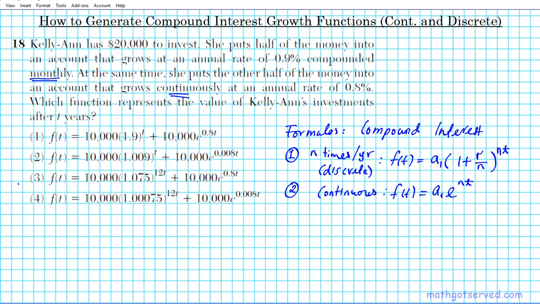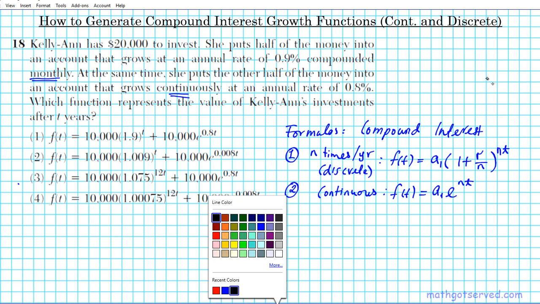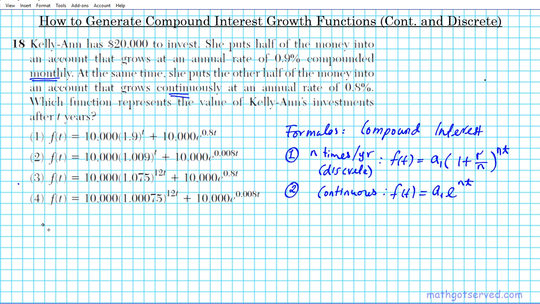In Kelly Ann's scenario, we are looking at a combination. She's using the best of both worlds. She's using the discrete and the continuous. All right, so her function f of t is going to be a combination of both. It's going to be A1 times 1 plus r over n raised to the nt. This is the one that is compounded monthly at 0.9%, plus the other one is going to be A1 e to the nt. Okay? Now for both of them, what we're going to do is we're going to